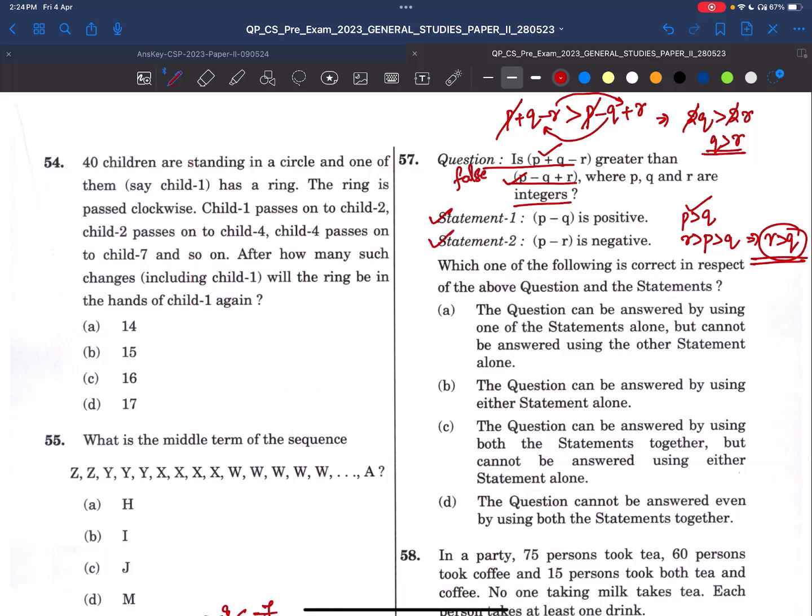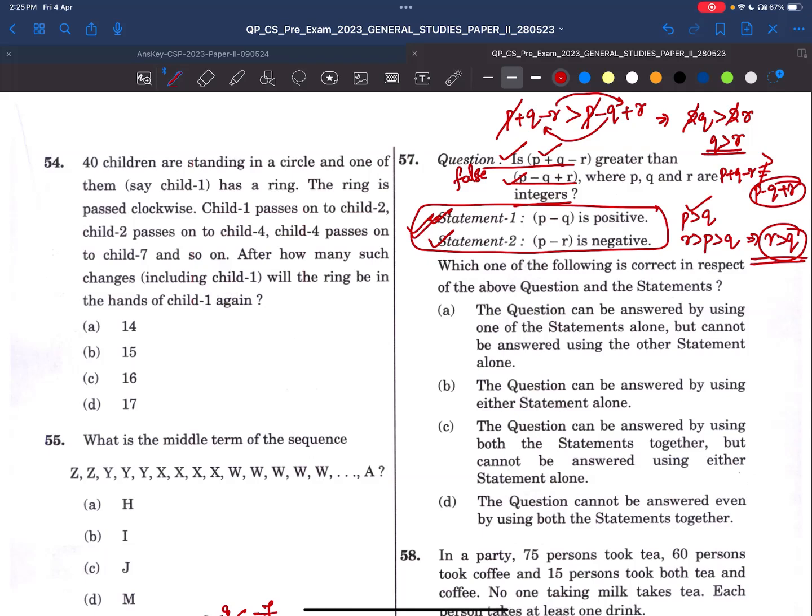But by using these two statements, we are able to tell that the question asked is false, right? We can clearly tell that P plus Q minus R is not greater than P minus Q plus R. Please don't think that he is asking for the answer. He is asking whether, by using the statements, we can prove that this is either greater than or less than. So yes, it is not greater than, and we are able to tell it because by using these